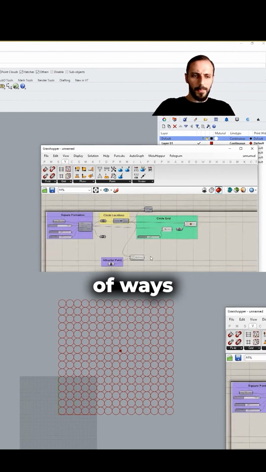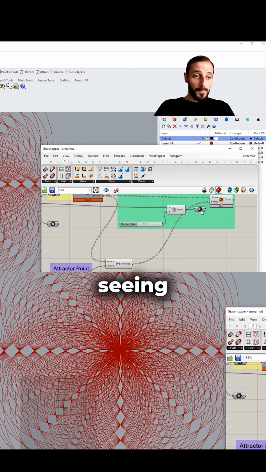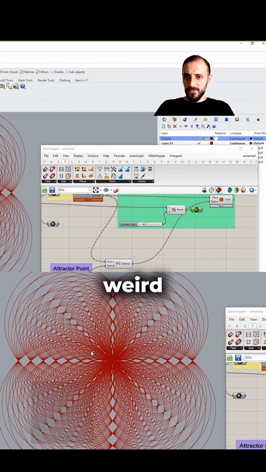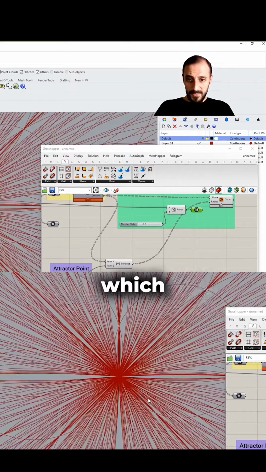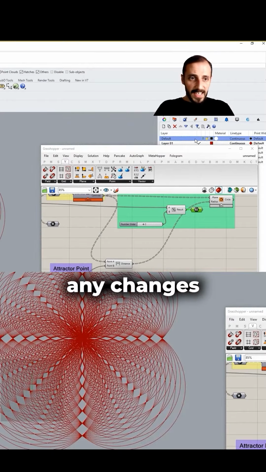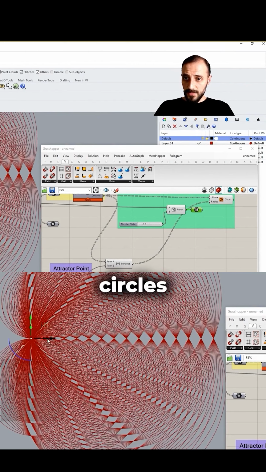So there are a couple of ways to handle this data, but let's put this in as my radius first. And what I'm seeing here is circles. I'm seeing this weird pattern, which could be cool, but let's see if we see any changes with the point. So if I change the point, things are changing, but the size of the circles are too